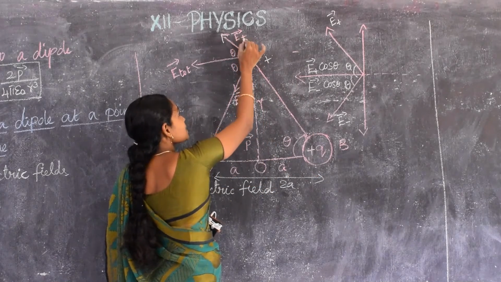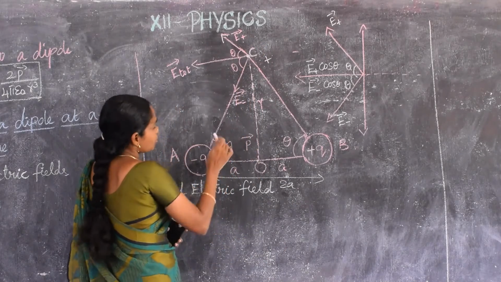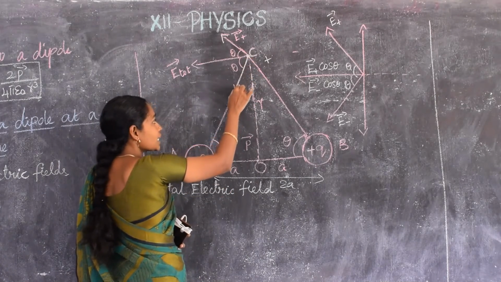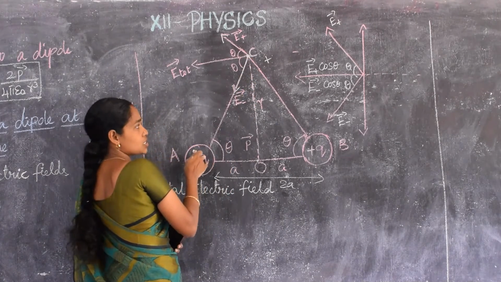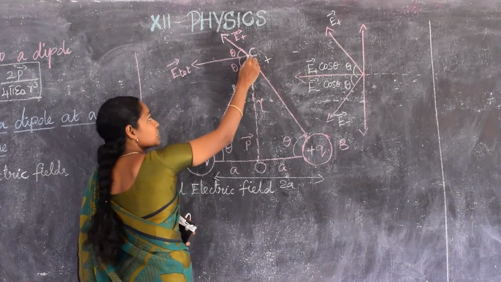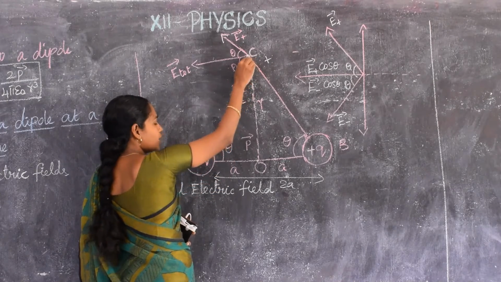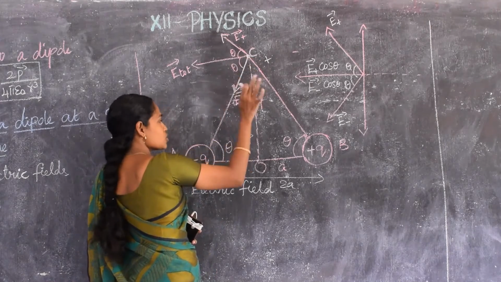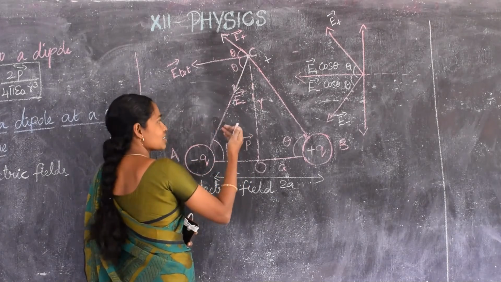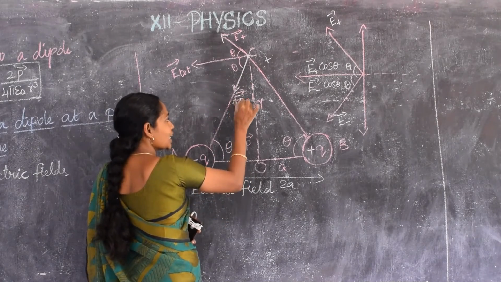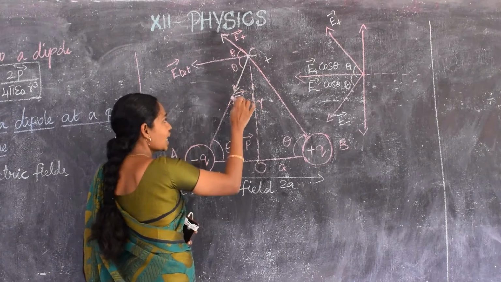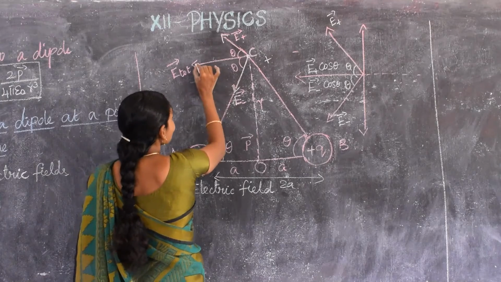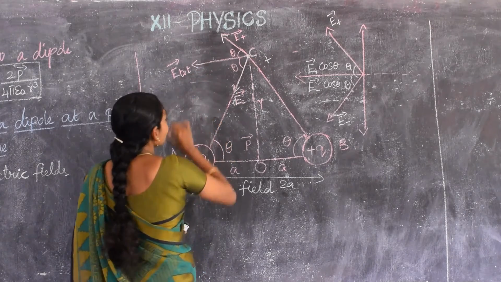So, I write E vector plus, and the minus q charge will make an electric field which is directed towards the negative charge. You can also test with a test charge. Suppose we place a test charge here, what will happen? Here the charge is negative and the test charge is always positive, so they attract each other, isn't it? So, I write E vector minus. This is the direction of the electric field due to the negative charge. So, the resultant vector must be here, E total.